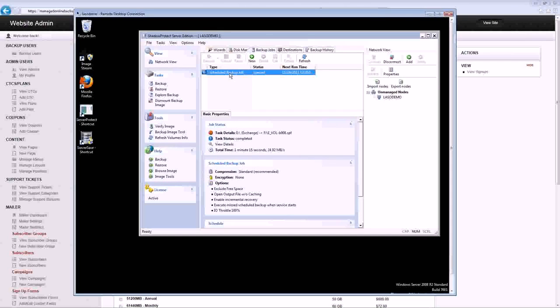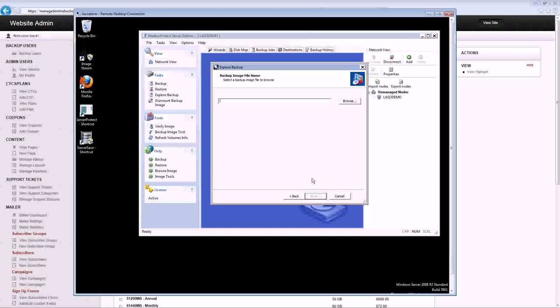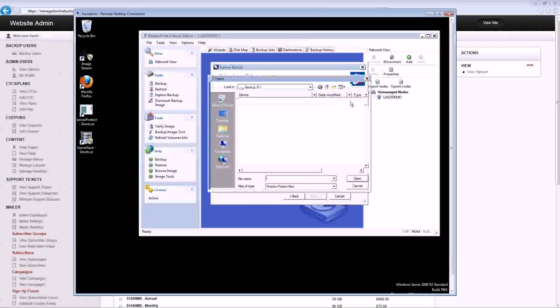So great. So it looks like the backup ran. So then we go to Wizards, and we go to Restore. And this Restore option would be if we're going to overwrite an entire volume. Not a very common use case. Typically, what you're going to be doing is you go to Explore Backup, and we're going to recover the entire